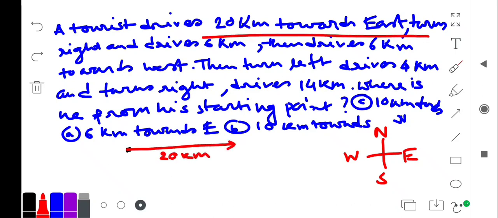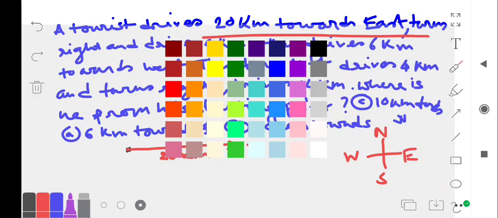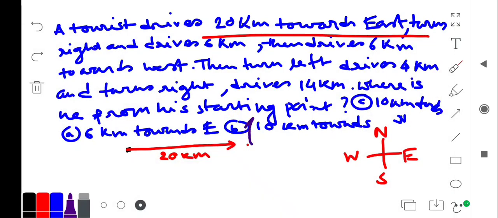Okay, then turn right. Right means in this side. Okay, in this side this is left, in this side right when he is in that direction. Okay, so right and go 6 kilometer. This is 6 kilometer. Okay,